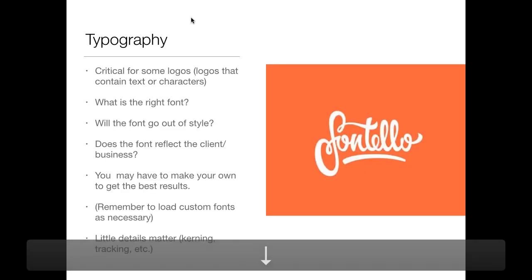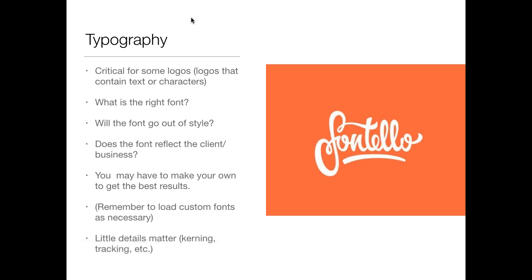Right? Typography is also really critical in logo design. Not all logos have type. A lot of logos do have type, and even a lot of logos are type-based. So thinking about what font you're going to choose, what the letters actually look like, is really critical to creating a good, successful logo. Is the font going to go out of style? I used the example in the typography lesson about Papyrus being really hot in the 2001 and 2002 era, and now if you looked at it, it would look really dated. You want to think about that when you're designing